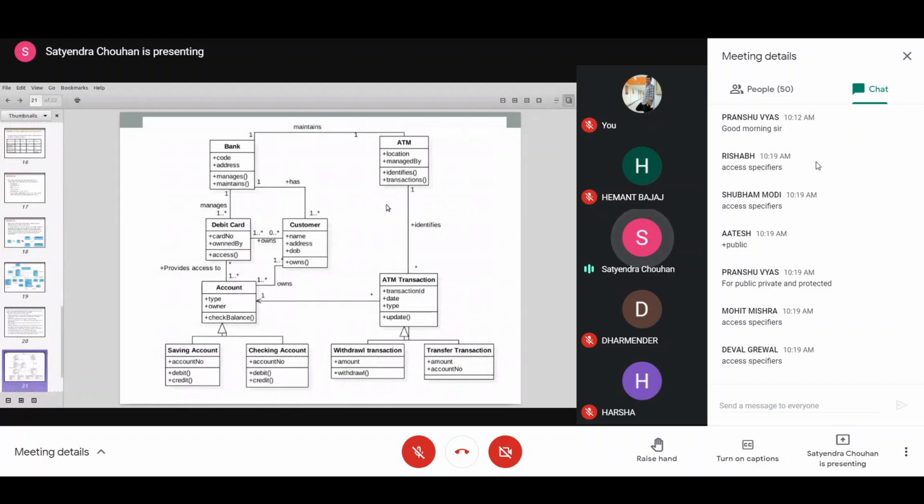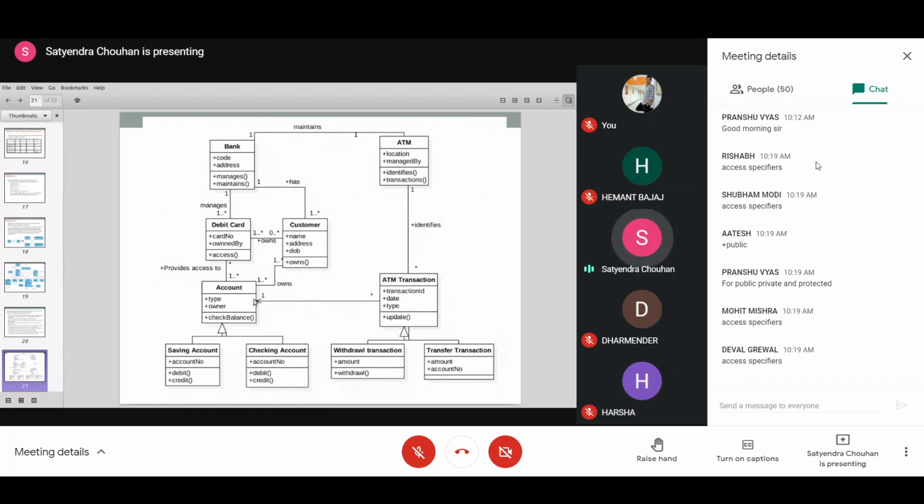This is another example, of a customer. In a banking system, basically, the bank manages debit cards. Bank has customers, so a has-a relationship is here. Saving account and checking account are types of account.